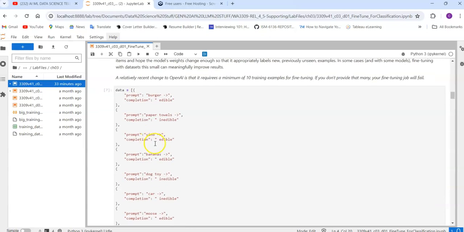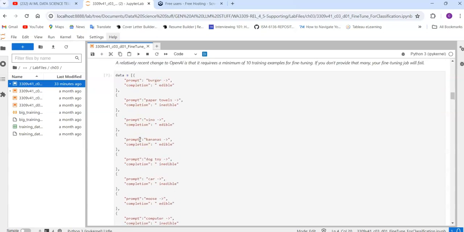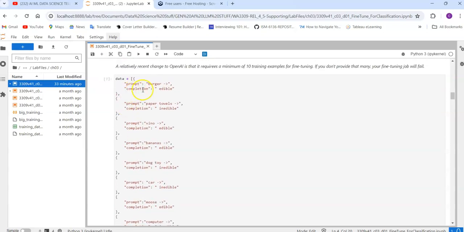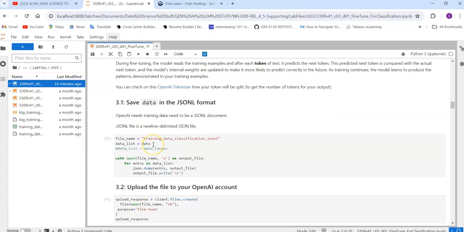So we are creating the data in the form of JSON. JSON is a dictionary format, so key and value pairs will be there. These are the particular set of things that we have prepared. So the prompt is burger, completion is edible, and the prompt is paper towel, and so on. Okay. Once you're done with creating the data, the next step is you have to save